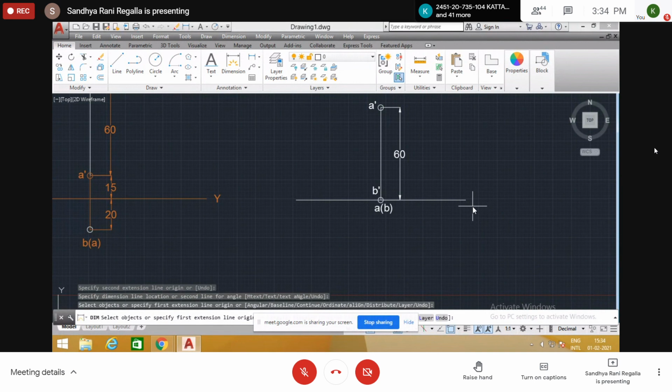Draw the projections of a 70 mm long line perpendicular to VP and 25 mm above HP. Its one end is in the VP.